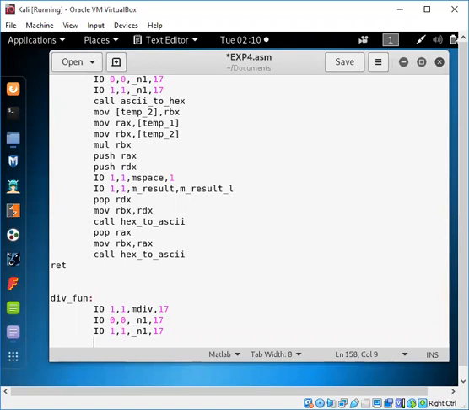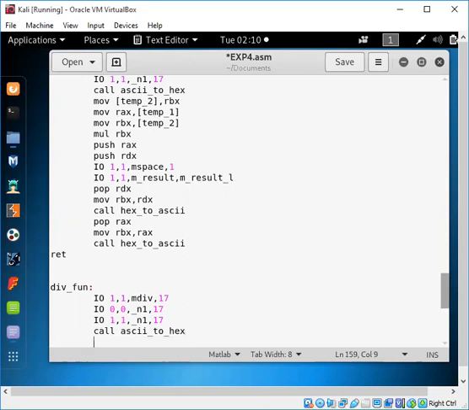After taking or before performing these operations, we need to call for the conversion, right? That is the ASCII to hex. The important part is to call the procedure properly with the proper name. Otherwise, if at one place you put a different name, definitely you will get a wrong output. Right, so here you need to take care of the input that has been provided.